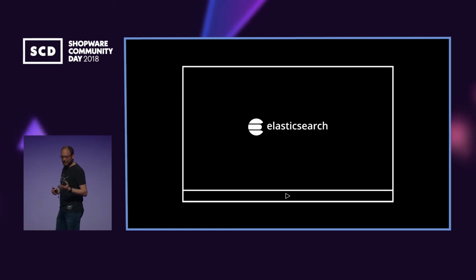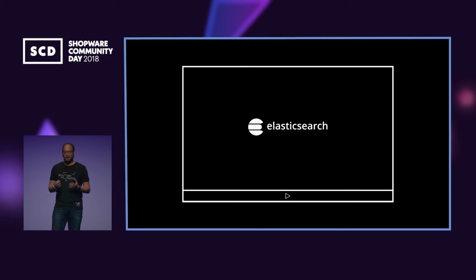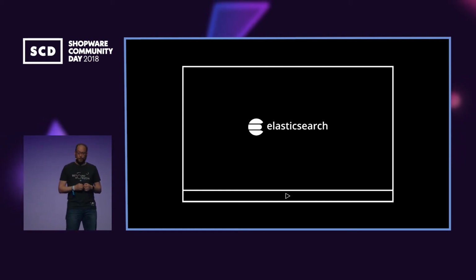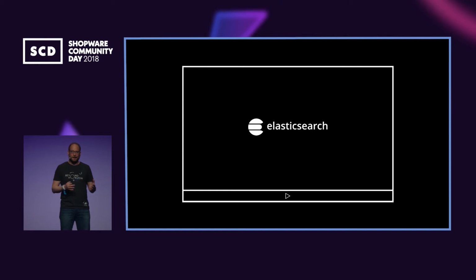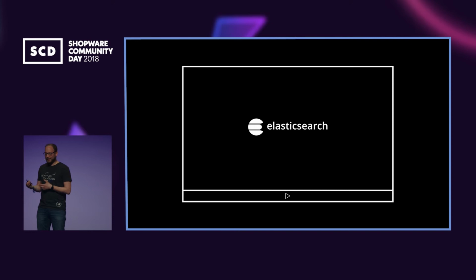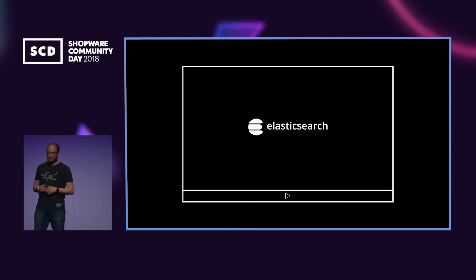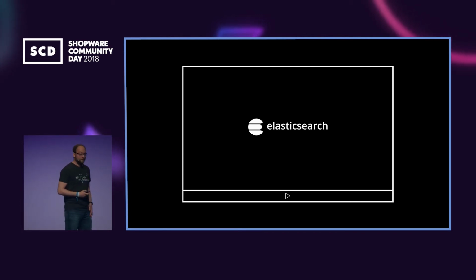Stefan already mentioned it briefly. The implementation of Elasticsearch so far made sure that it was really performant in the front end of Shopware, with a lot of data handled perfectly. But in the back end, on the other hand, the more information, the more items you had, the modules slowed down, because in the back end, we were not using this Elasticsearch. And in 5.5 now this has changed,